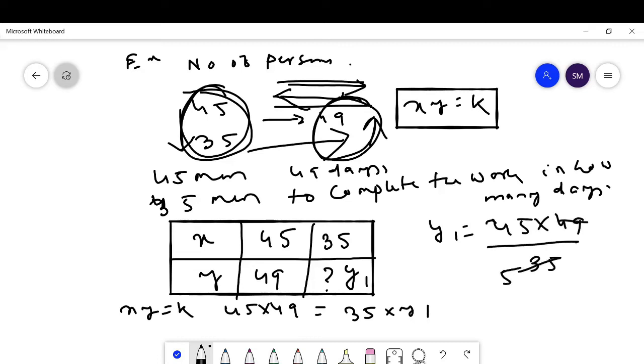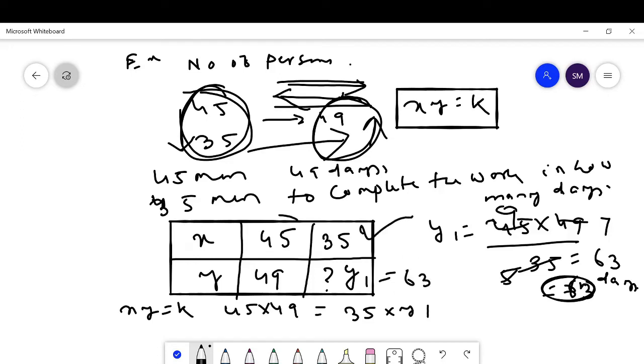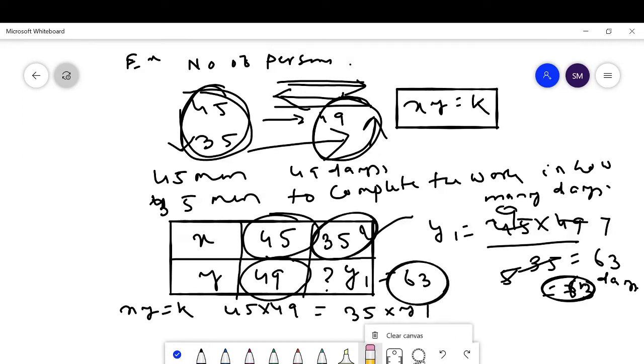7 5s are 35, 7 7s are 49, 5 9s are 45. Then this is 63 days required to complete the work by 35 men. When there are 45 men, they complete the work in 49 days. When the persons reduce to 35, then the work is completed in 63 days. Okay. The next